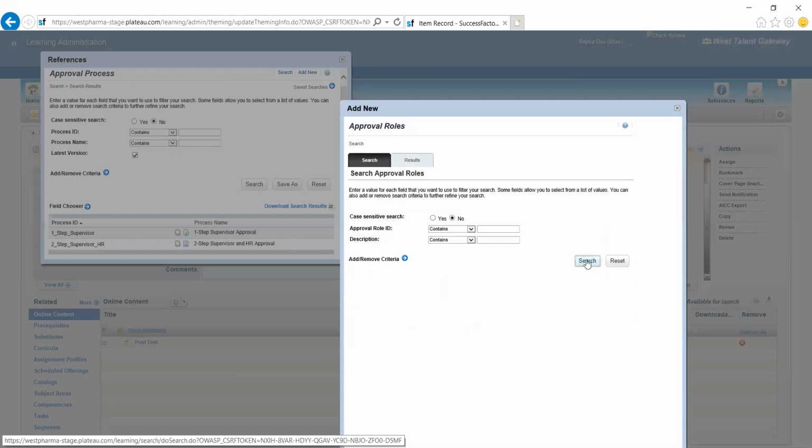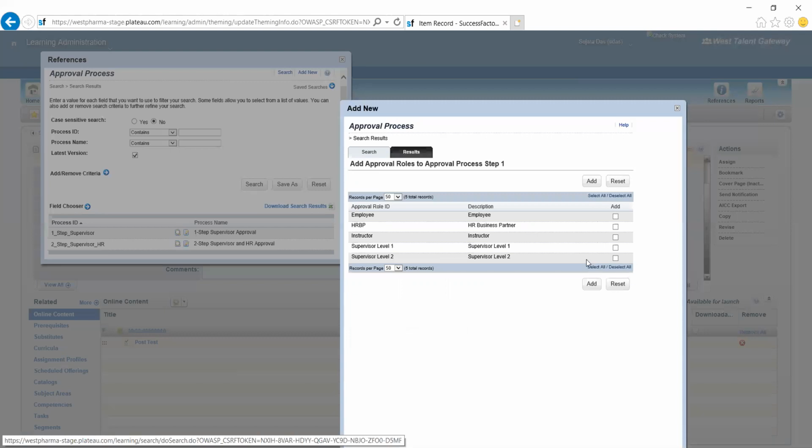Suppose I am choosing an approval role. These are my standard roles, which you can see: employee, HRBP, instructor, supervisor. How do you know these are standard roles?